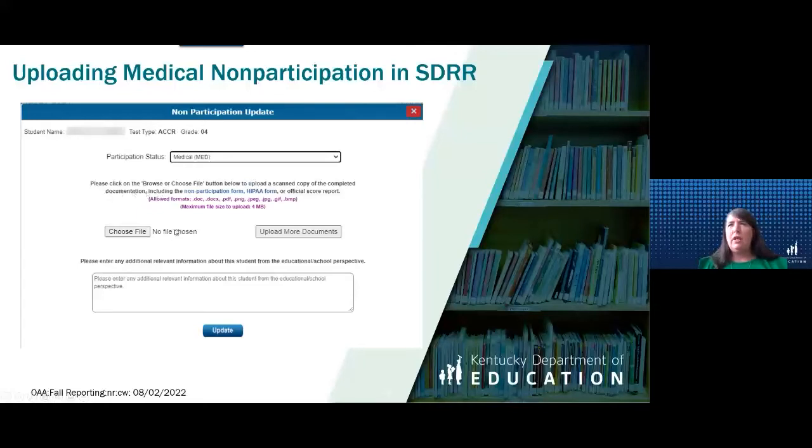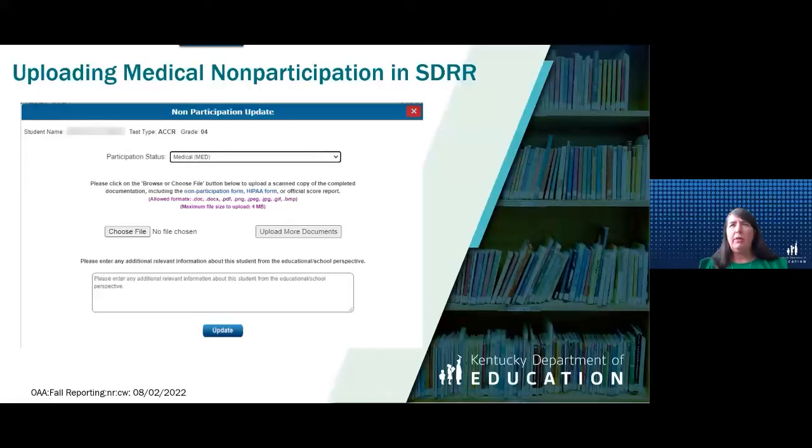If it still has the dash, and that's why I told you it's very important to look at your tickets, because sometimes we deny these medical non-participations. And somebody says, well, oh my goodness, I uploaded the wrong form. What can I do? Well, you can go back and edit that and upload more documents into it, and choose and upload the correct one as well.